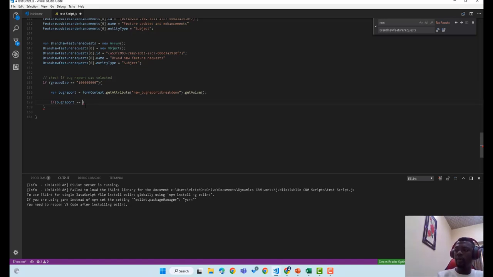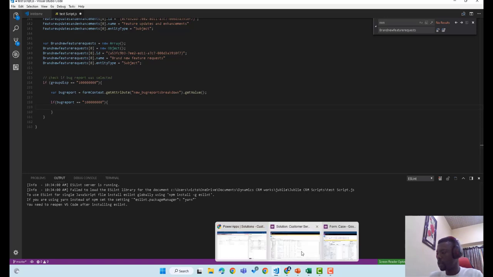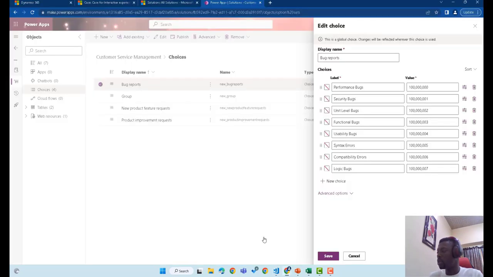So I'll say if bug report is equals to this, right? So what do I want it to do? So open this. So if the value for bug reports that was selected is actually, what was the first one? Just a minute. The first one is performance bug, right? So if it's performance bug,